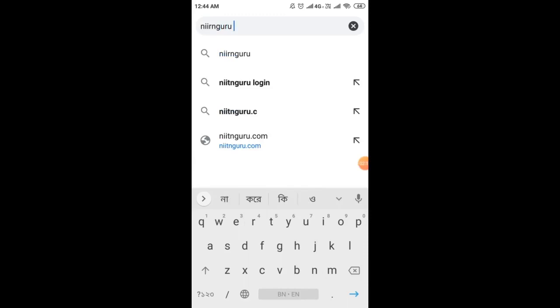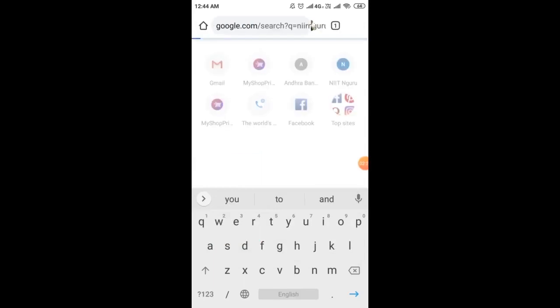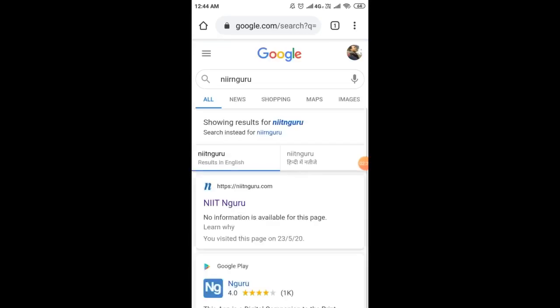If you're not sure about the name or the portal of the website, just type NIIT NGuru and click on search. Now once you click on search, the first portal that you see on the screen says https://niitnguru.com. So please click on it.